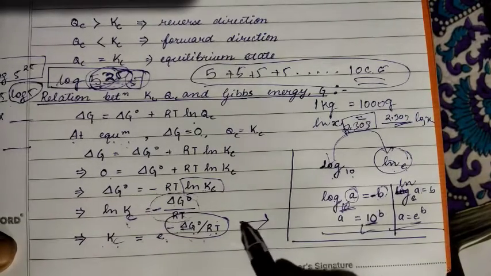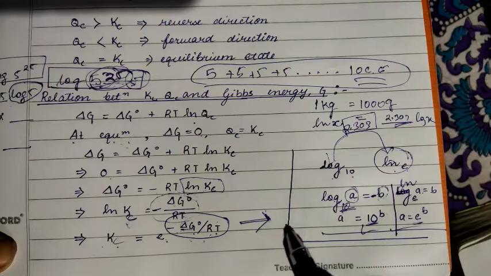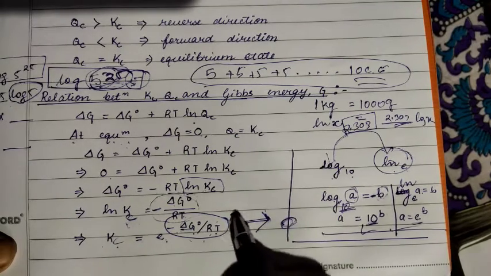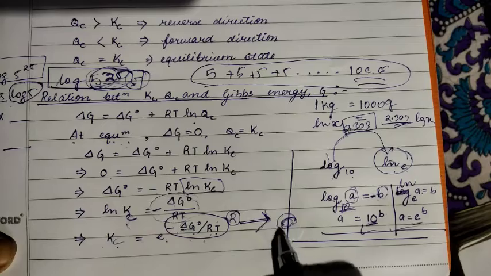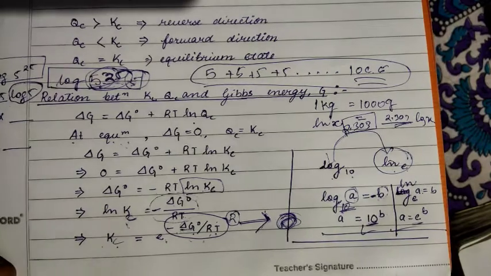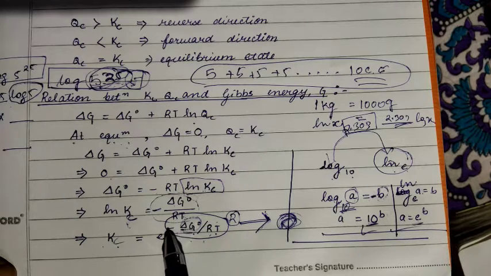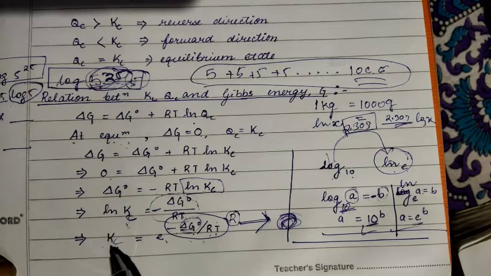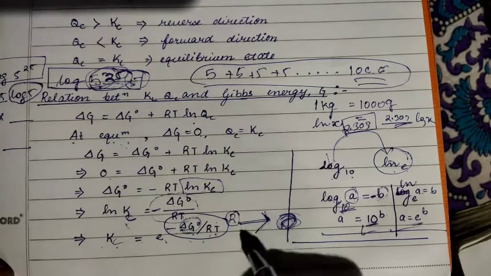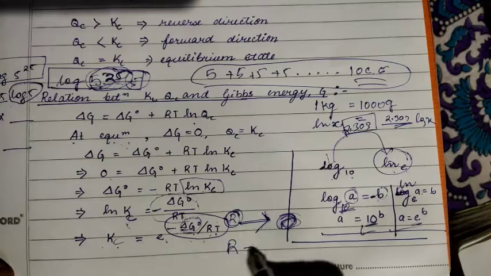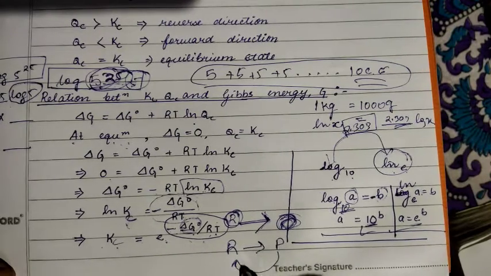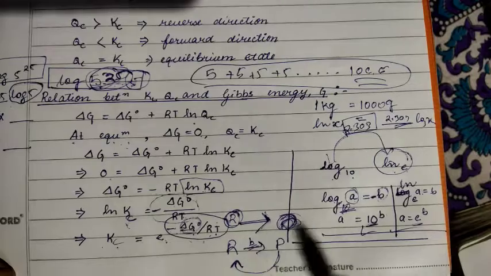Clear? And whenever the reaction is occurring in the forward direction, products will be more, because reactants react together to give the products. Or just remember that the reaction is occurring in the forward direction. Similarly, if delta G naught is greater than 0, meaning this is positive, so negative and positive will become negative only. In that condition, KC will be less than 1, right? So under that condition, with reactants and products there, the products will be converted to reactants, meaning the backward direction.